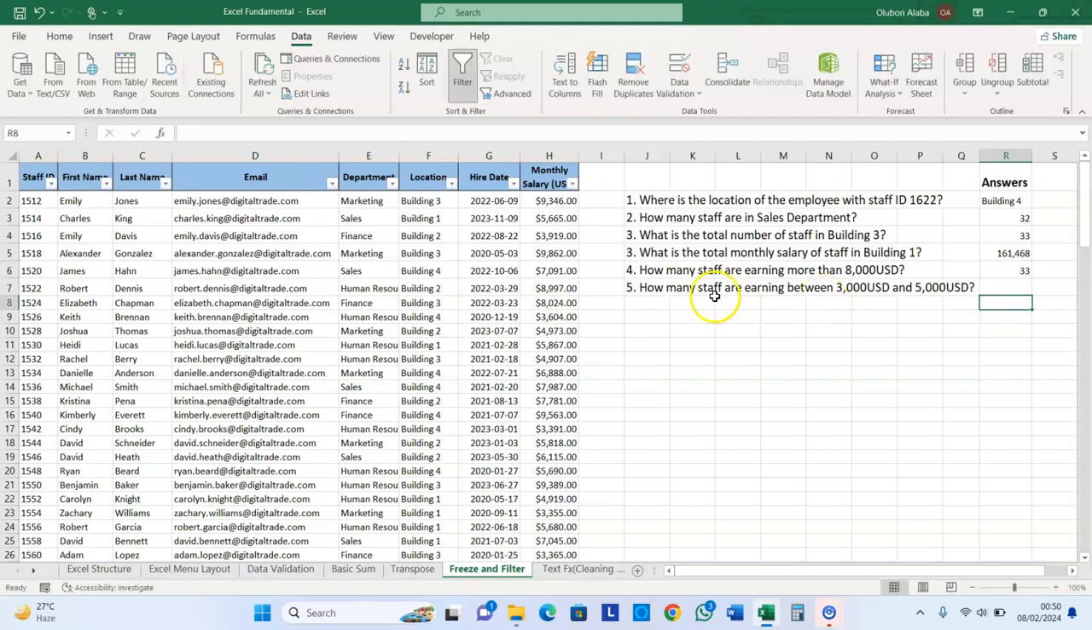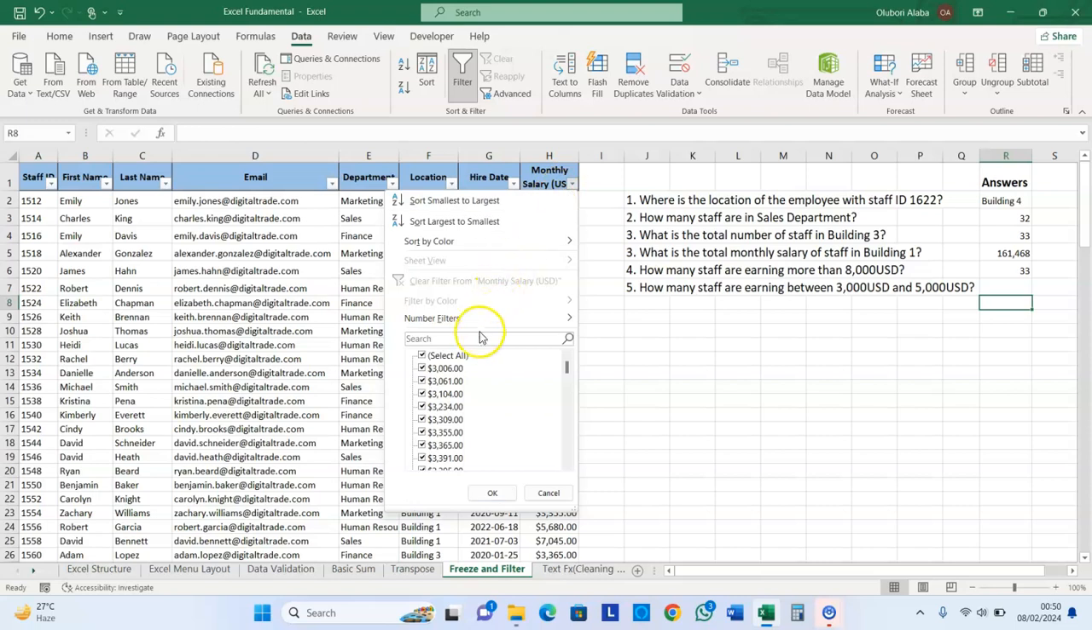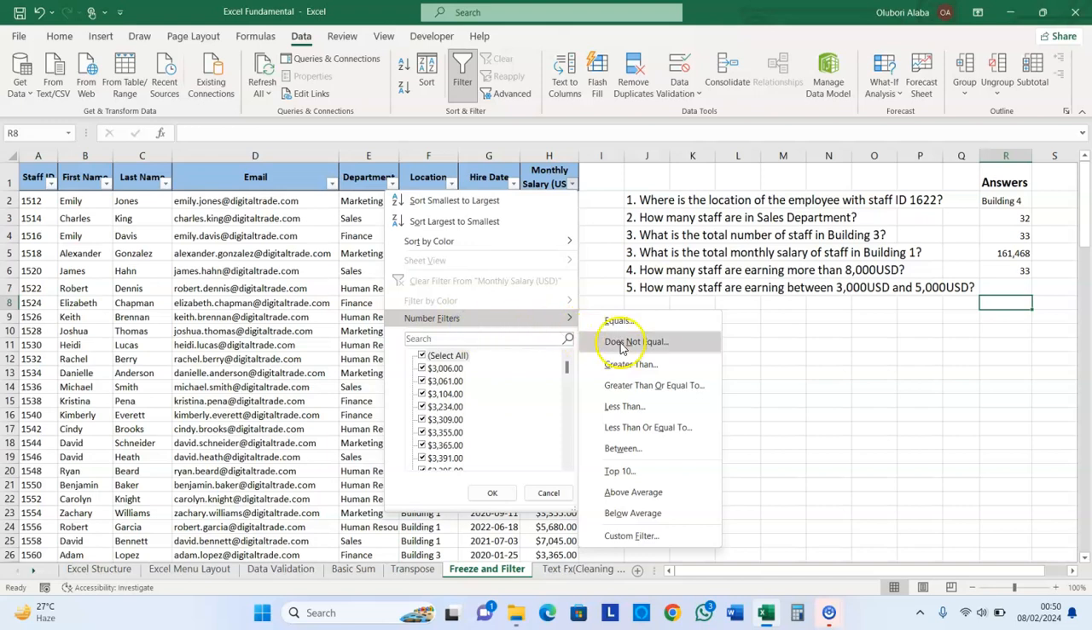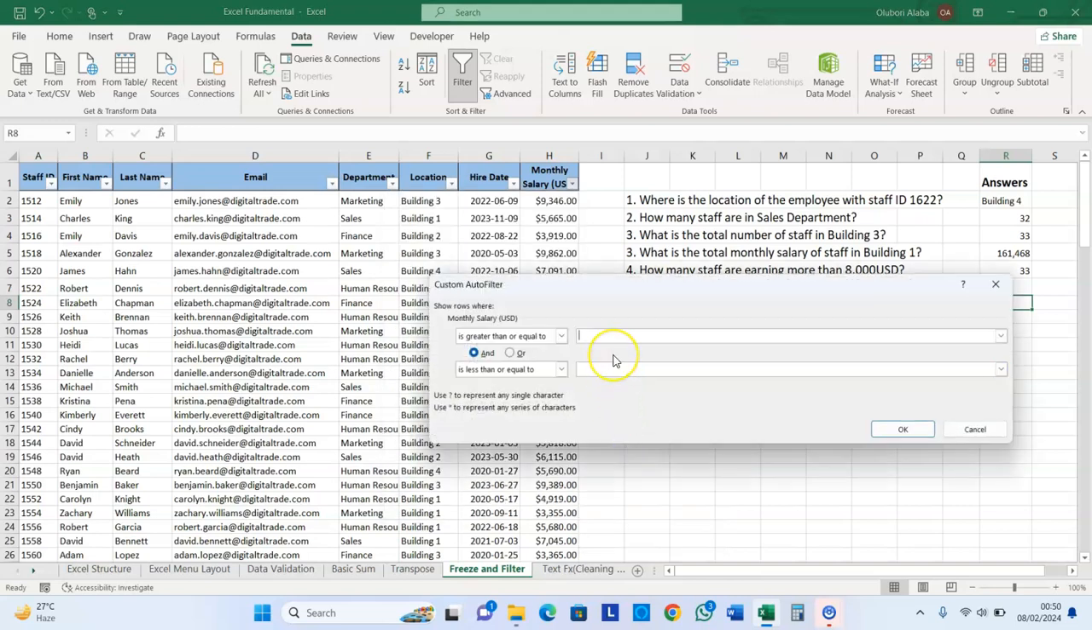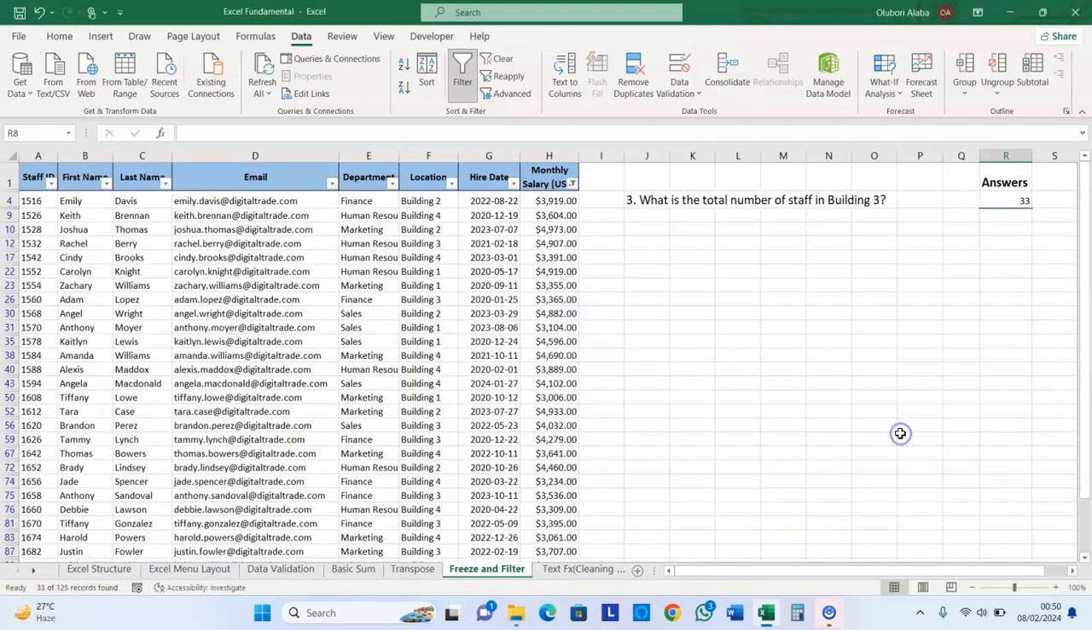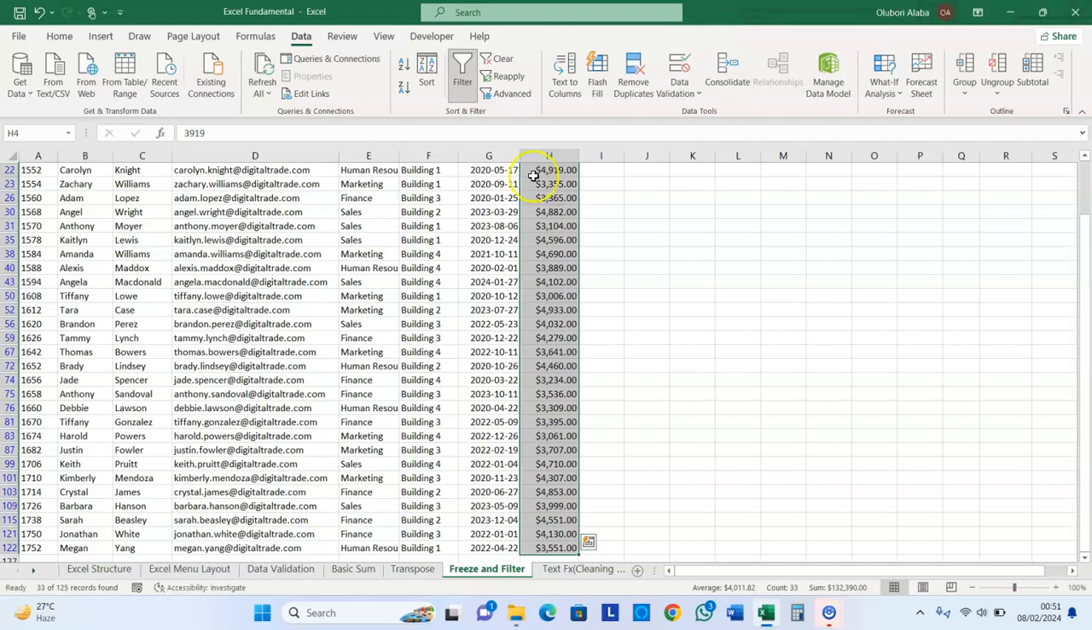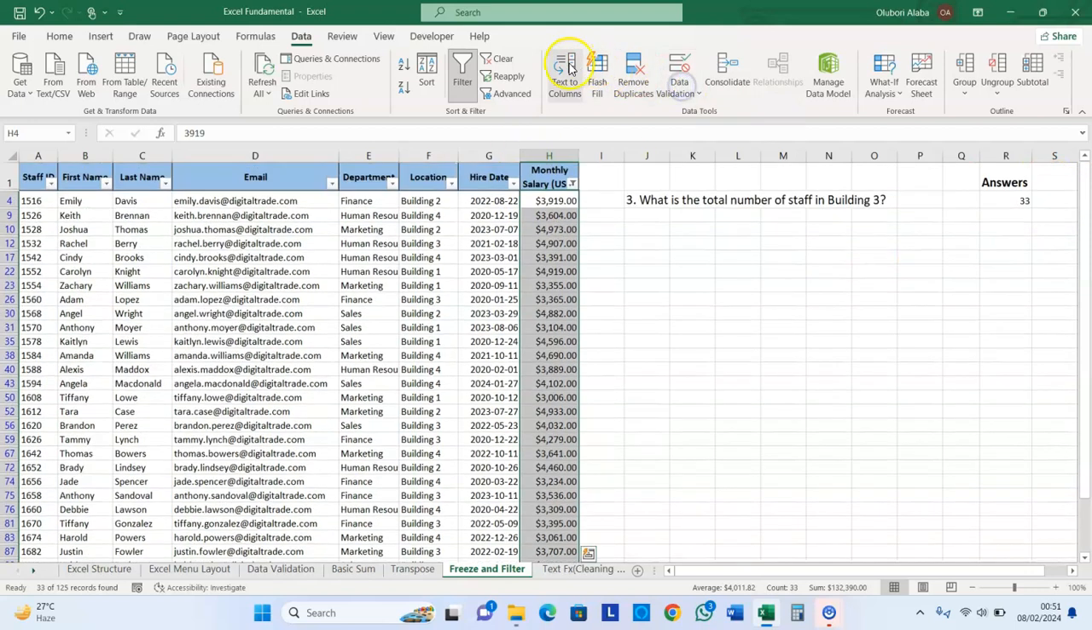And then you want to see also how many staff are earning between 3,000 and 5,000 US. So you come back to monthly salary, untick all. No, you can tick this, and then more number filters. Now you pick between. We are looking for those that are earning between 3,000 and 5,000. Pick between, put your 3,000 here, and put your 5,000 here. So click on OK, and you quickly highlight, and then you see that there are 33 employees also that are earning